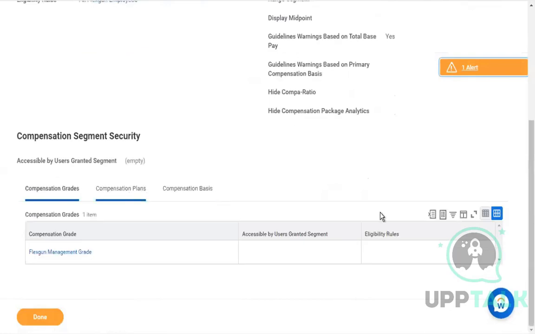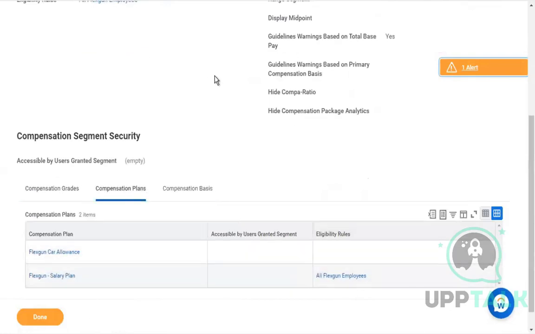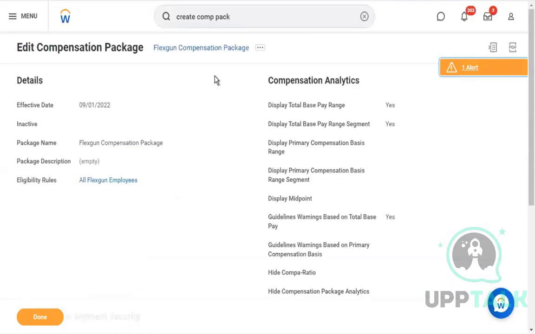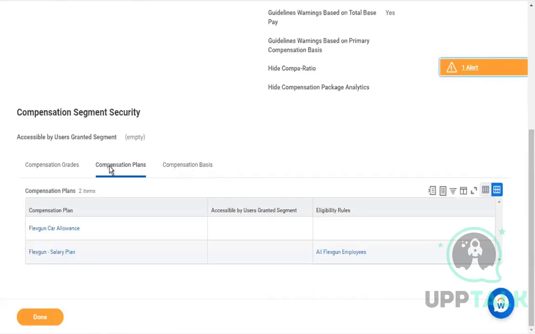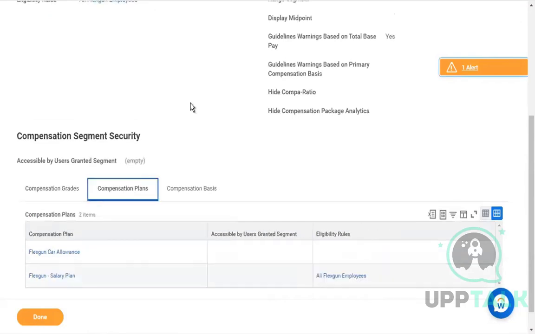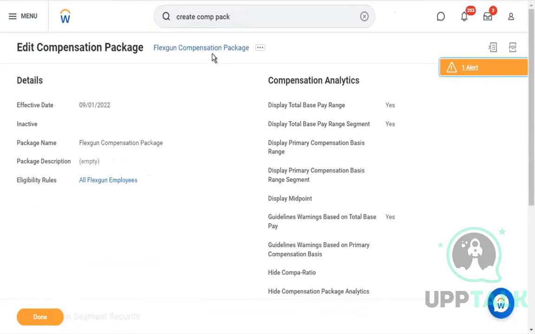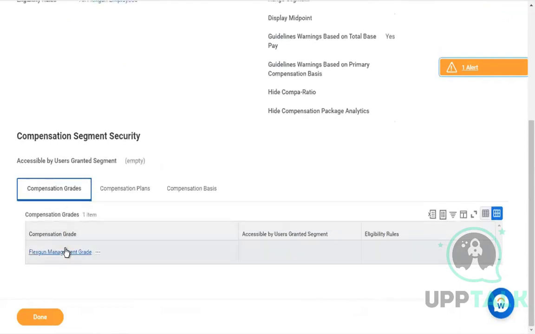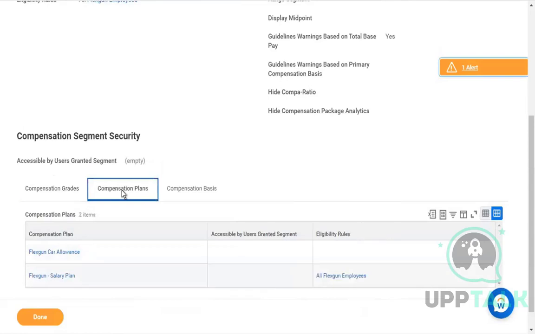Now, even if I remove this, it will still work the same way, because Workday evaluates the package eligibility first. It will first identify whether an employee is eligible for this package, and only then come to your grades and your plans. So if an employee is outside this package or outside FlexCon, they won't get anything from this package. If they are part of this employee organization called FlexCon, then it will evaluate whether the employee is management or non-management. Based on that, your plans will also differ. That is how seamless and simple